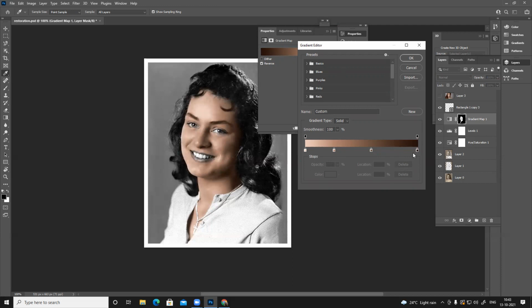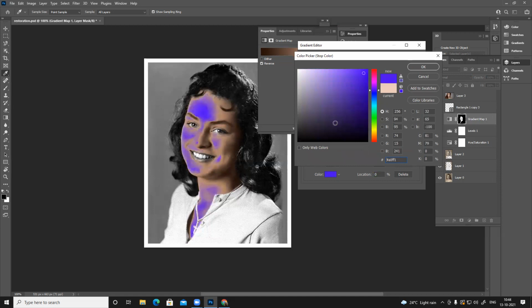So the gradient is providing a single color or based on the shadow information of the image? Based on the shadow information, those colors are visible. So this color is visible based on whatever grayscale value you have here. In this case, suppose the client asks you to change this color to something else, like mid-tone or highlight, or change it to blue. You can do it instantly without redoing everything.